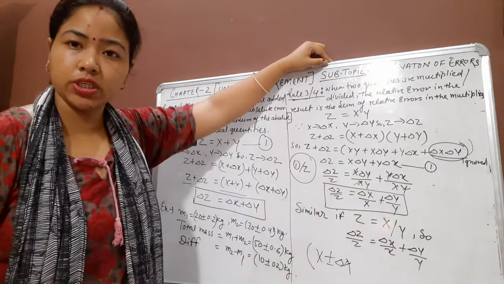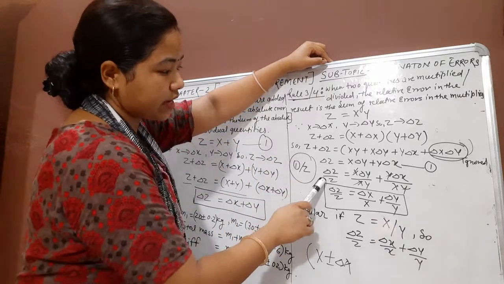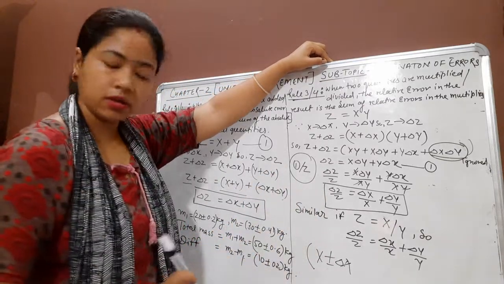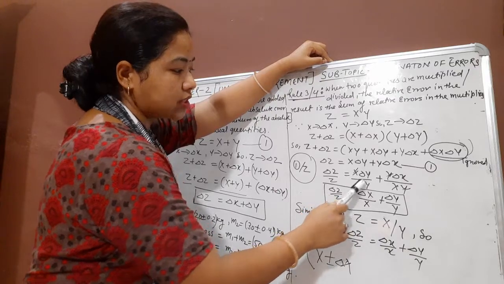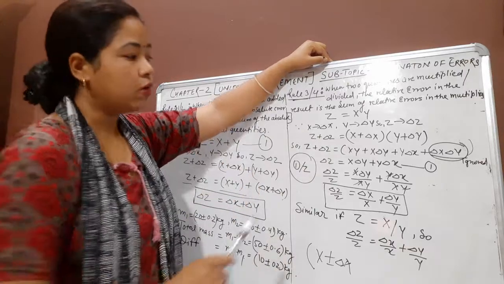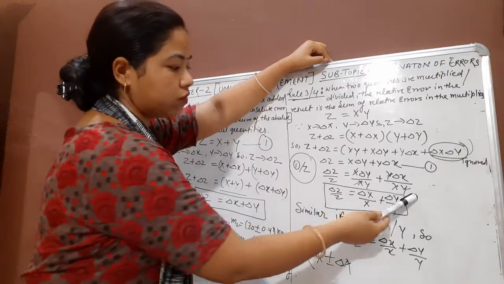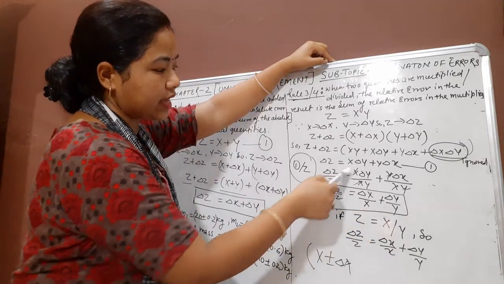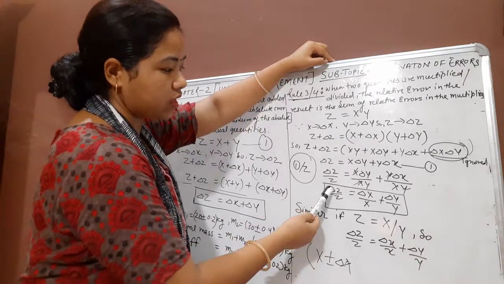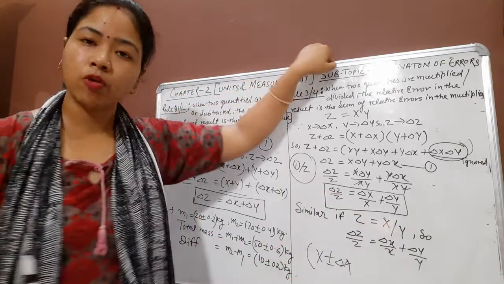This will be treated as equation number 1. Now if we divide equation number 1 by z on both sides, delta z upon z equals x delta y upon z, where z can be written as the product x into y from the very first equation, plus y delta x upon z, where z can be written as x into y. In the first term x will be cancelled and in the second term y will be cancelled. So if we arrange the equation, delta z upon z equals delta x upon x plus delta y upon y, right?